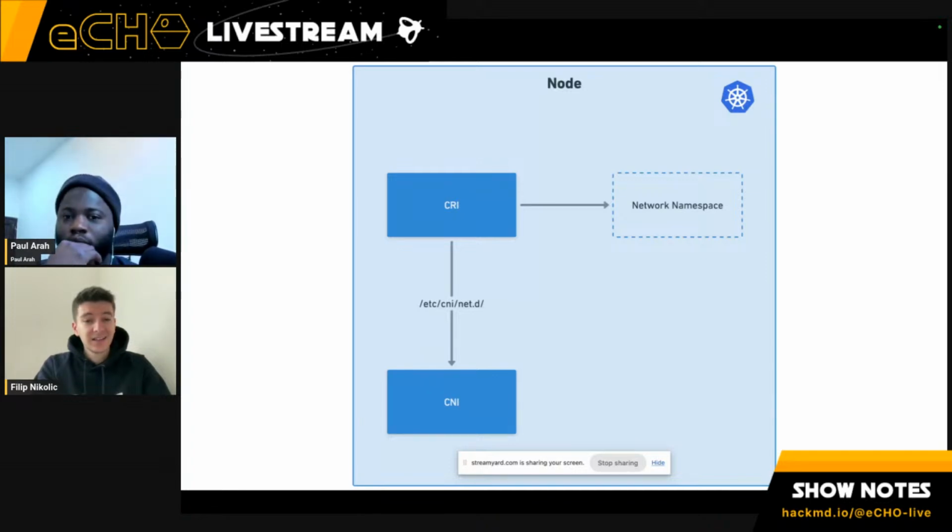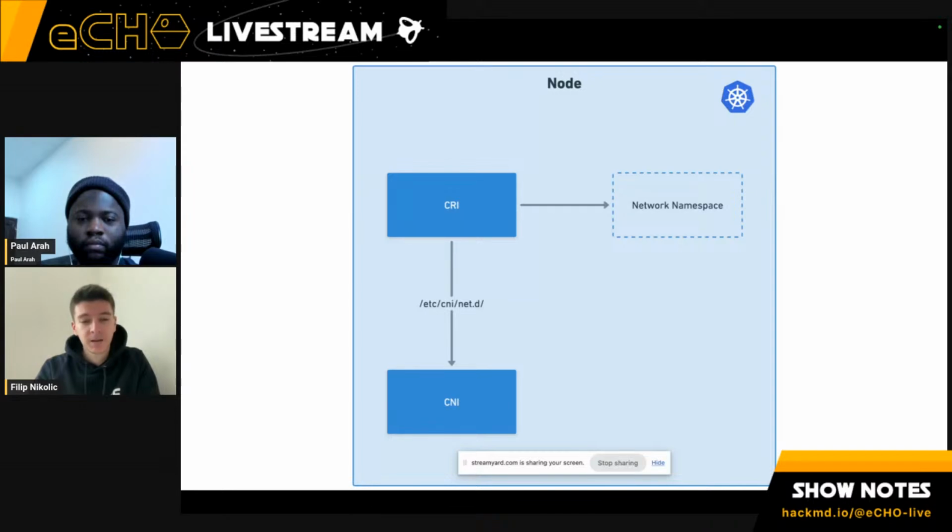This is where we really need to dive into this CNI spec. It is defining a couple of things of how this communication is supposed to happen. And now we're going to look into what we are going to do and how we're going to do it. So after the network namespace was created, the CRI is now going to contact the CNI. And the question is, how does it do this? Well, there are two important paths on a file system that we need to know about here. The first one being